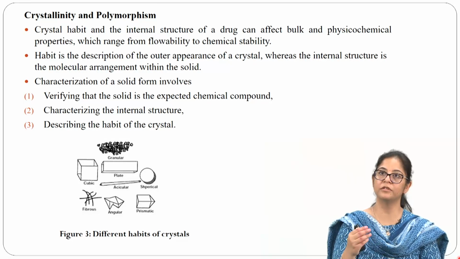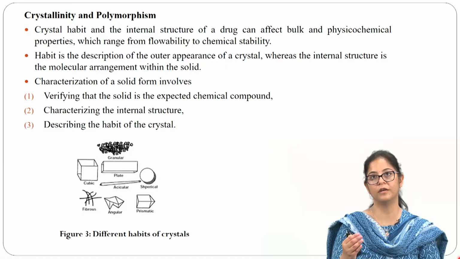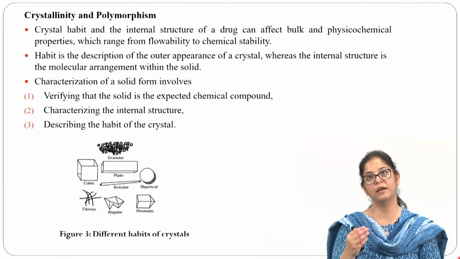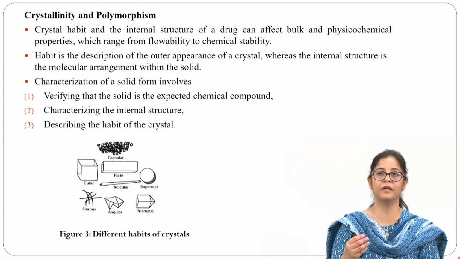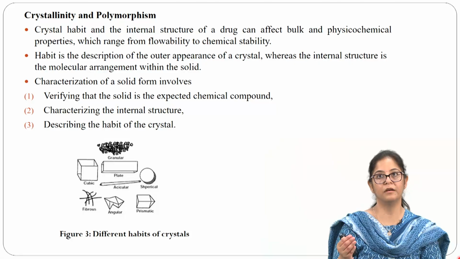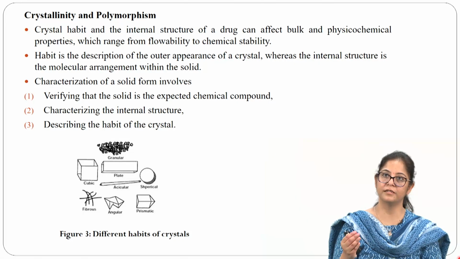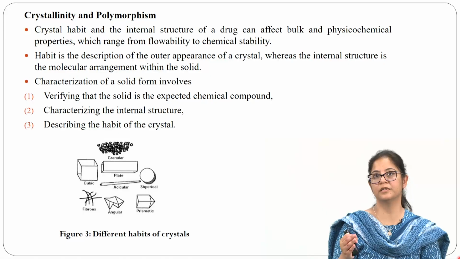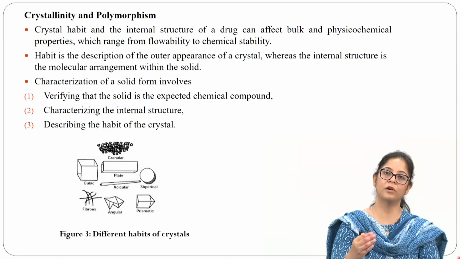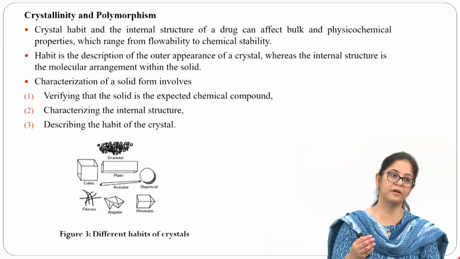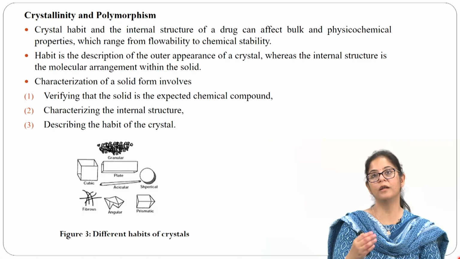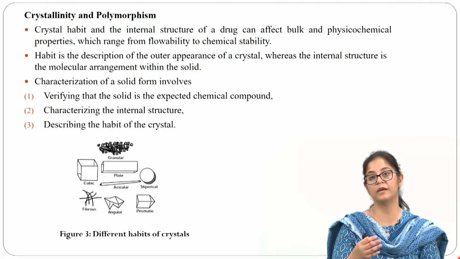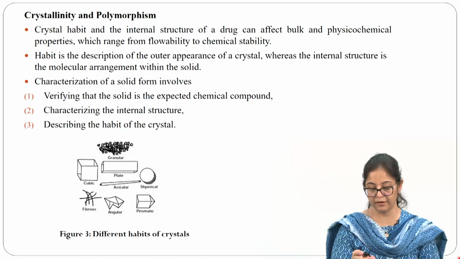Now, habit is the description of the outer appearance of a crystal, whereas internal structure is the molecular arrangement within the solid. So, how the molecules are arranged in the solid. Now, characterization of solid involves verifying that the solid is the expected chemical compound, characterizing the internal structure and describing the habit of the crystal. So, while we are going for the solid state characterization studies during bulk characterization, we need to first of all find out what is the crystal habit, what is the internal structure like, and whether it is the expected solid